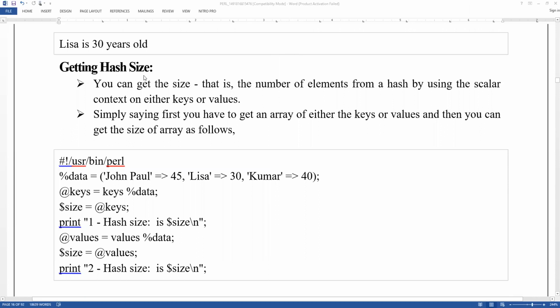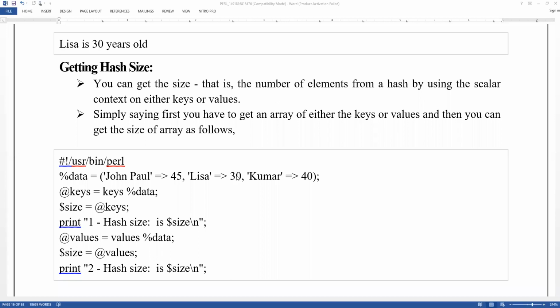Getting the hash size is one more important thing. For example, here we have three people's information, name and age. If there are 1 lakh people, we are unable to count, because if we don't have any serial number in the database, it is not possible to count 1 lakh or 2 lakhs.